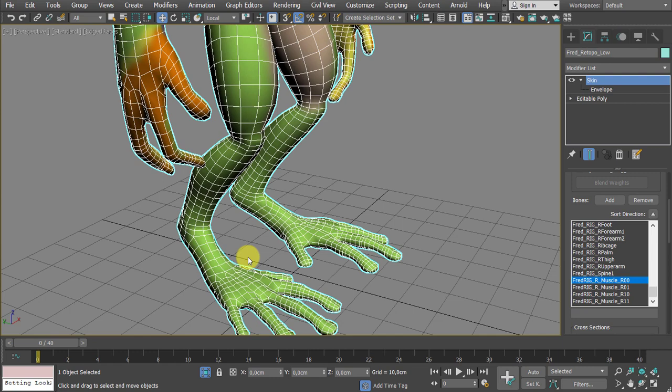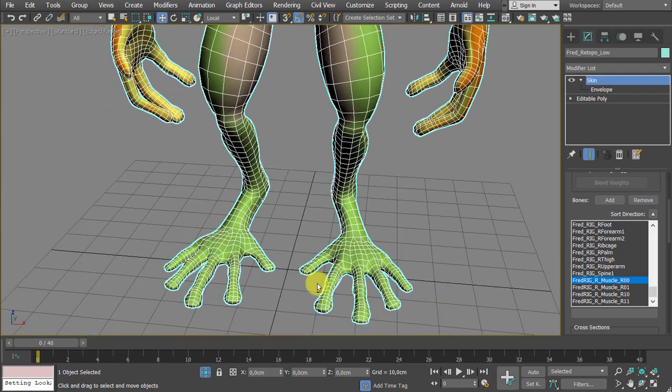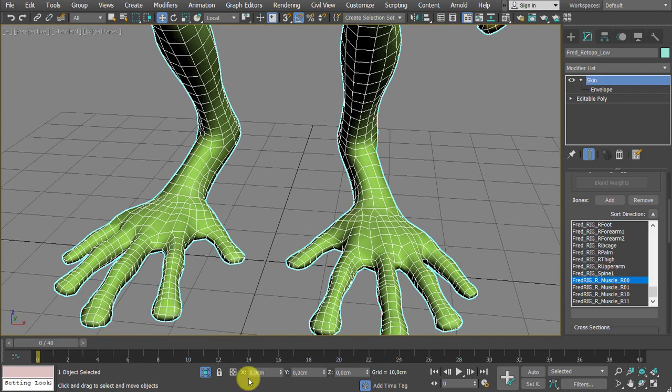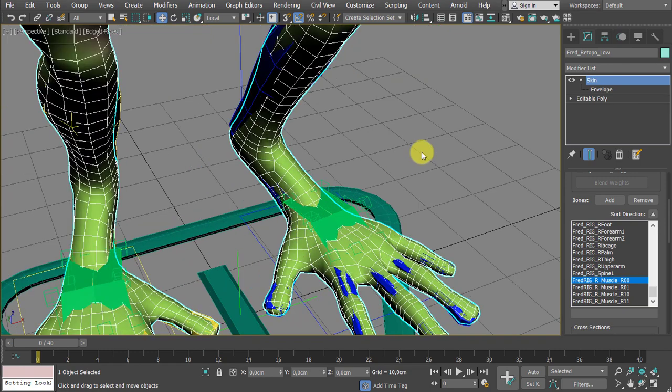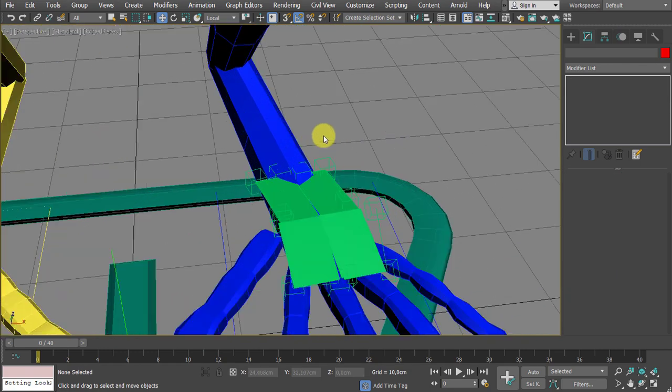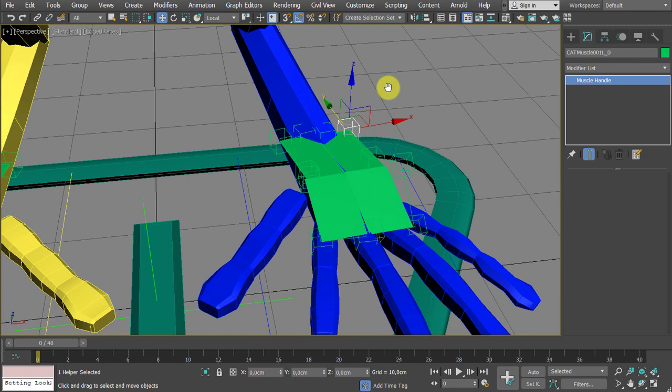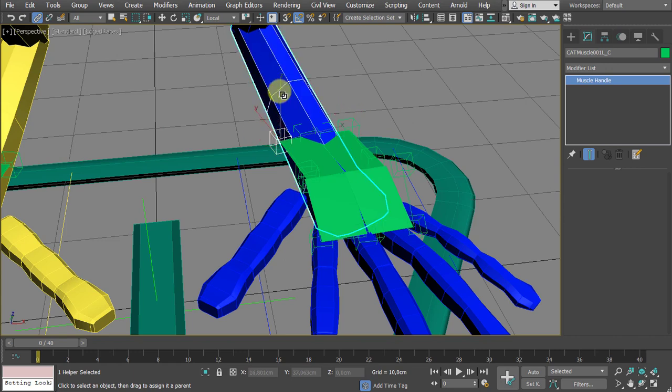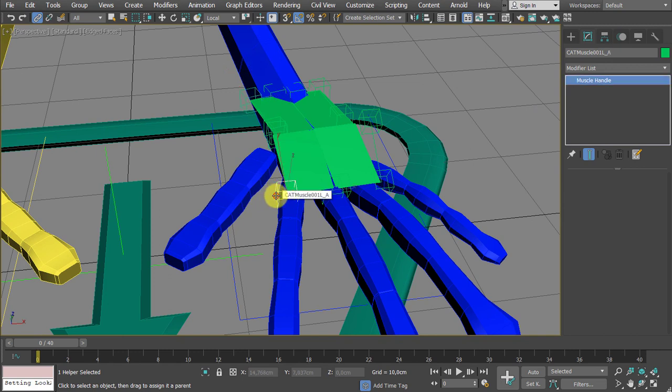Alright, so this is kind of a fine-tuning process. So once you have fairly good envelope settings, you don't have to worry about adding muscles here and there, but it's a slow process, so you have to discover these things. So let me exit Shift G, because I don't want to see the geometry. We have to repeat the same process on the other side. So linking first. Go to select and link, select and link, and select and link, release, and this particular handle to this particular bone, this one to this bone. Alright, Shift G,